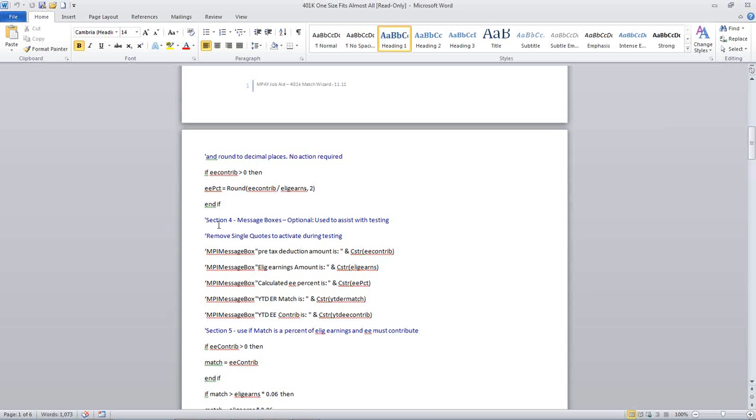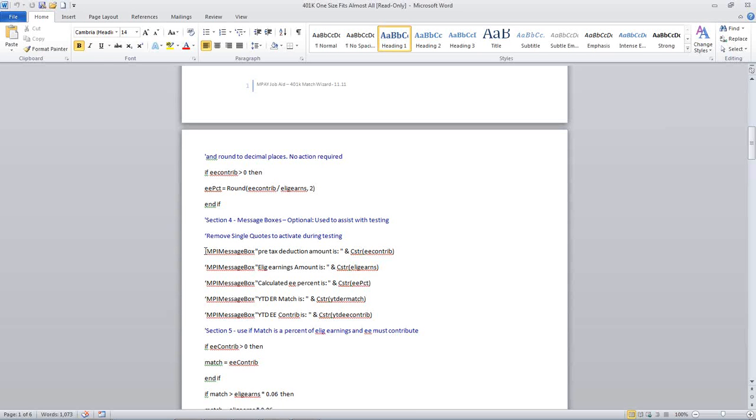Now, next section is what we call message boxes. One of the most frustrating things about writing scripts is when it doesn't work, you're like, all right, I told it exactly what I want it to do, and it's not working. Why isn't it listening? So we'll keep doing stuff over and over. And I believe Bridget is one who always quotes, who's saying that the definition of insanity is doing the same thing over and over and expecting different results.